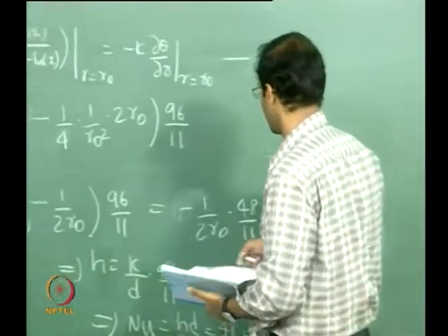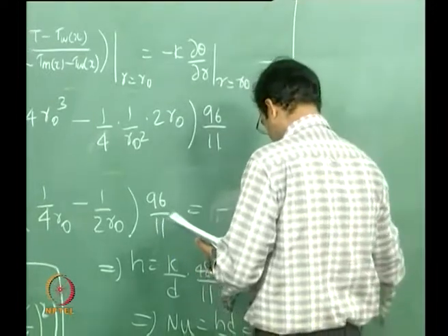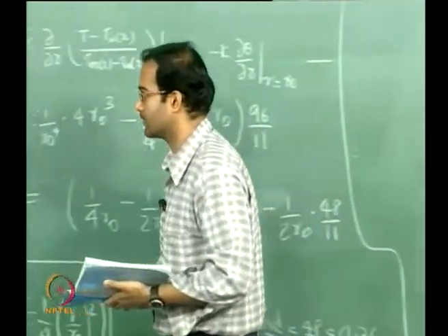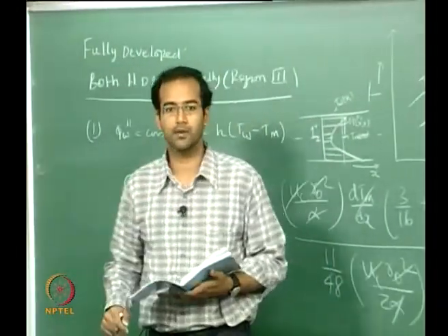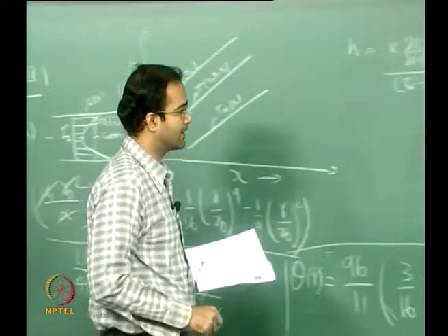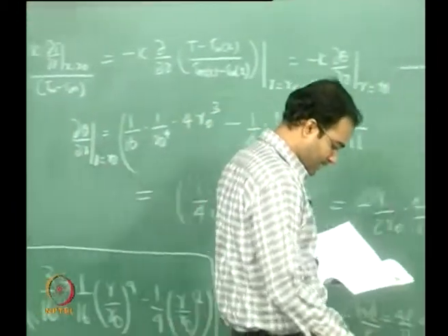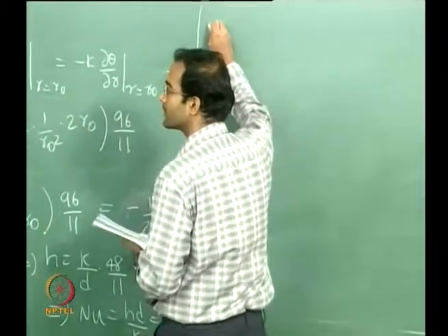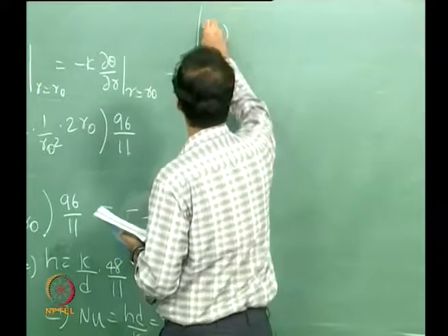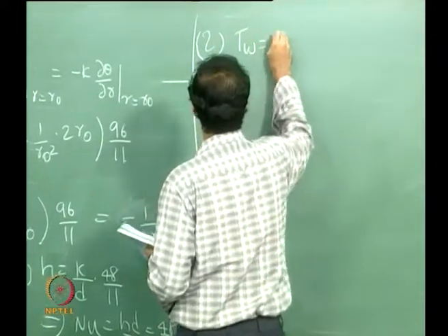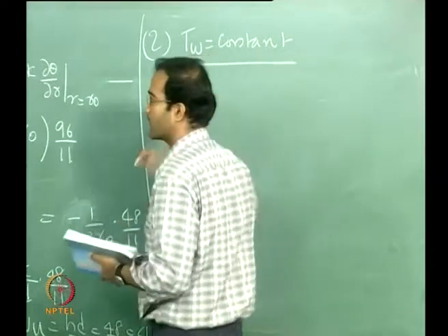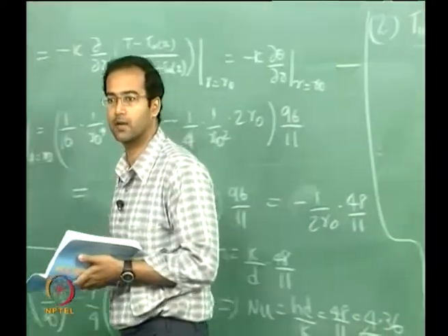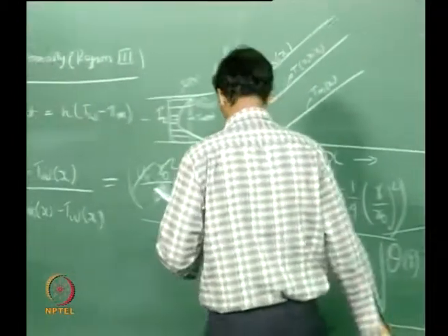And now, this is a relatively straightforward case in terms of the simplification that we have done for the constant heat flux. Now let us look at the other boundary condition, which is constant wall temperature. Only these two boundary conditions are the primary boundary conditions that we will see. One is a Dirichlet boundary condition, the other is a Neumann boundary condition.